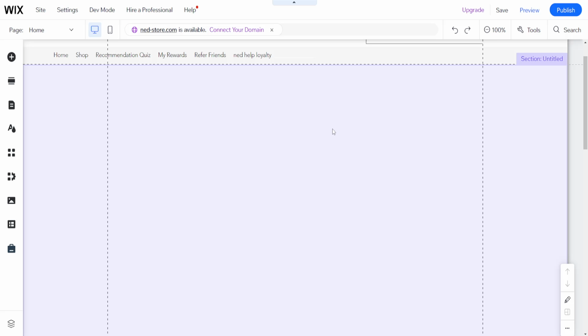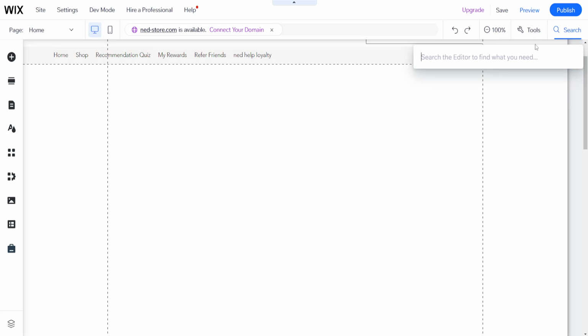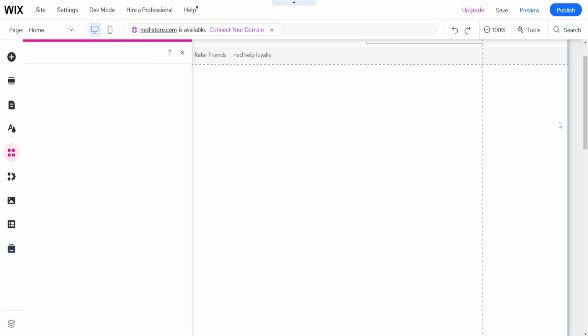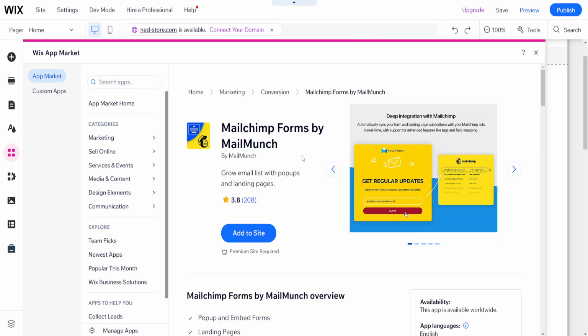How to add email pop-up on Wix. I am inside the Wix editor right now, and here we are going to use the search bar or the search tool to search for MailChimp, and we will see this MailChimp Forms by MailMunch. We want to get this one. If we click on open here, then we can click to add to our site,